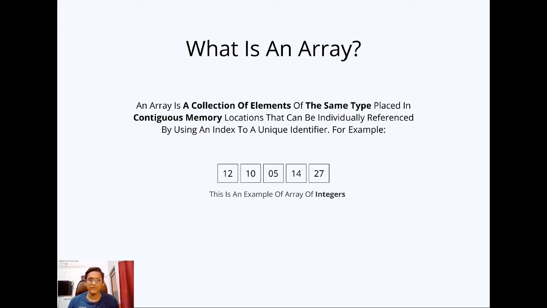That means if the first element is stored in 3001 position in memory, then the fifth element would be stored in 3005th position in memory. That means we can know the position of any element in the memory given the location of the first element of the array. And for sorting the array, we are going to use the method that is bubble sort.